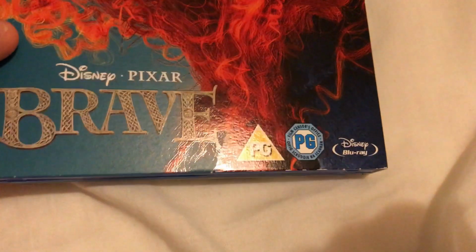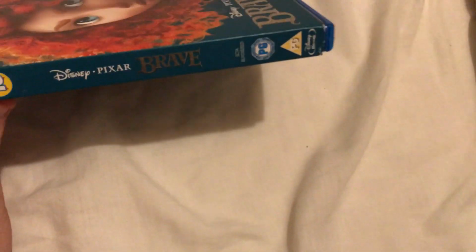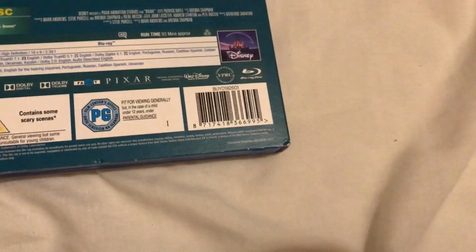And the final one I've got to show in this update is Brave. Another one of the Pixar slipcovers. This is actually the 13th film to be released by Pixar, and it was released in 2012. I used to have this film on DVD, and I still have it, but I'm going to keep both the Blu-ray and DVD of it, because that's what I like to do with a lot of my films,